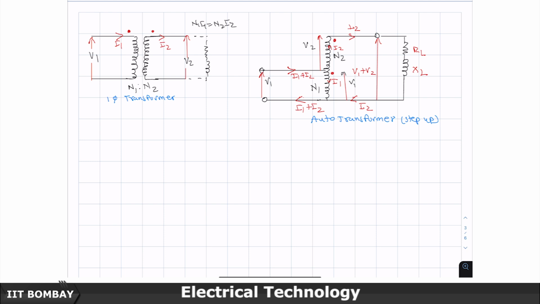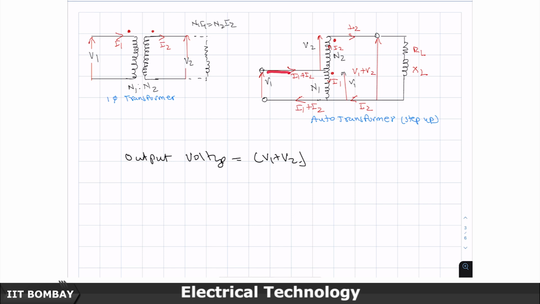There is one thing which you note in the auto transformer: an electrical connection has happened between the primary and the secondary. In the normal single phase transformer, there is only magnetic coupling between the primary and the secondary, but here there is an electrical connection between the primary and the secondary, and both magnetic and electrical coupling exist. Now, in this case, the output voltage is going to be V1 plus V2, and